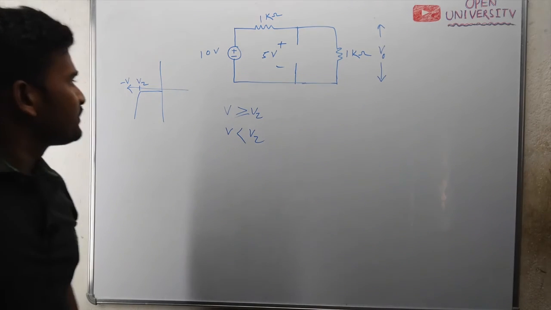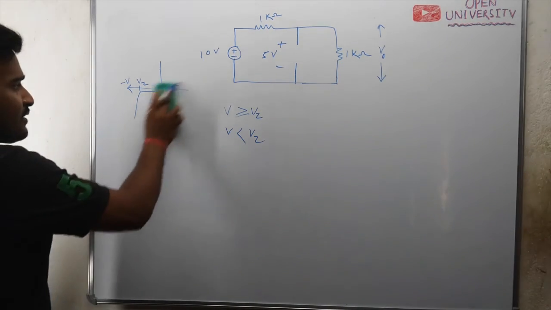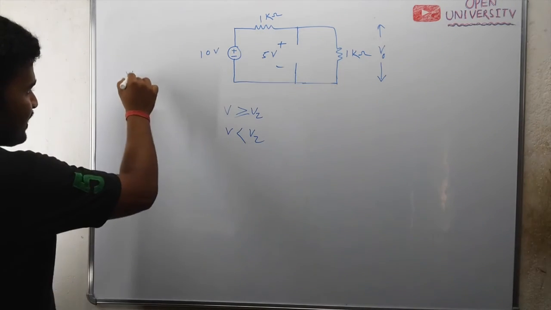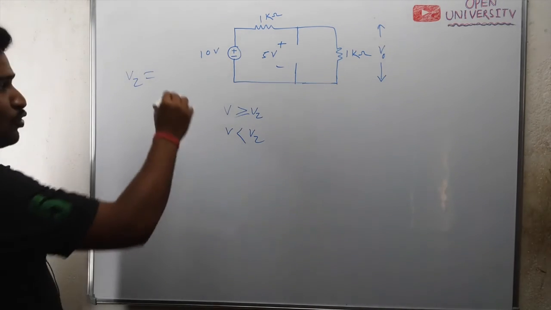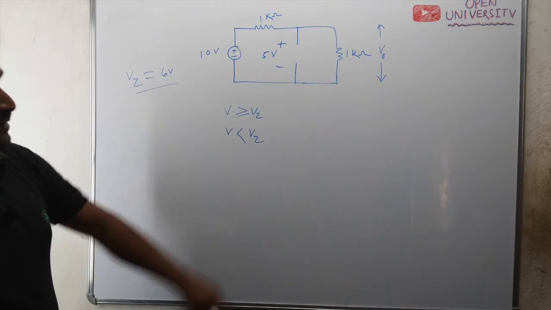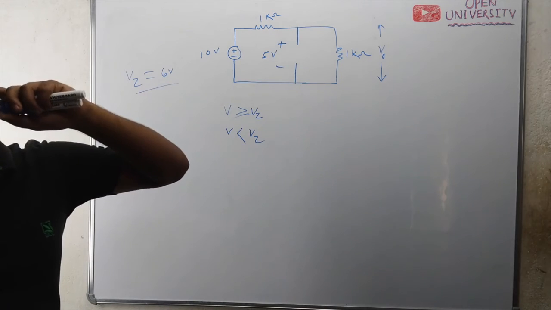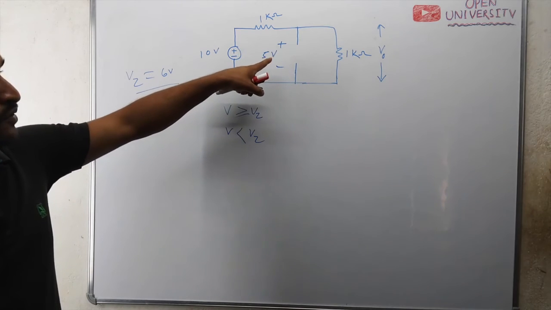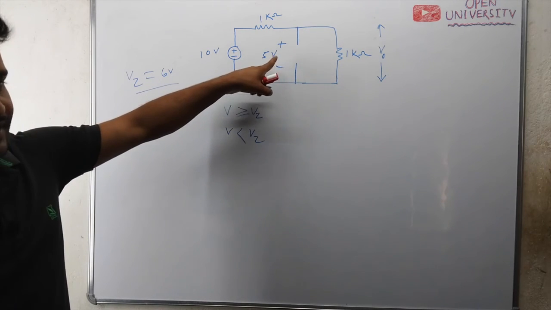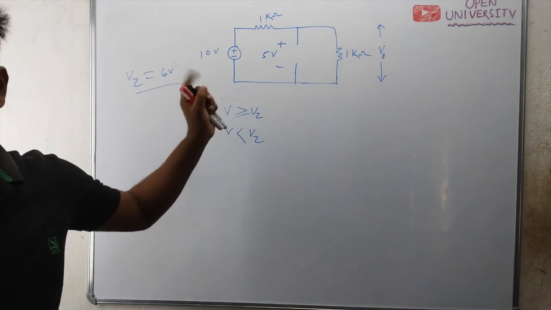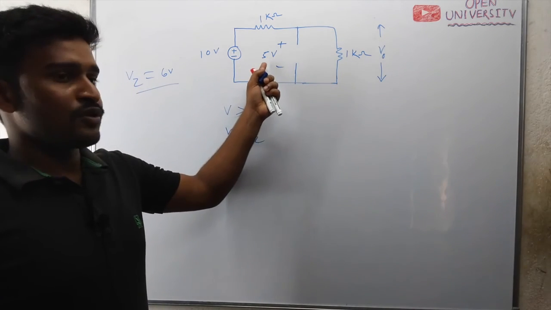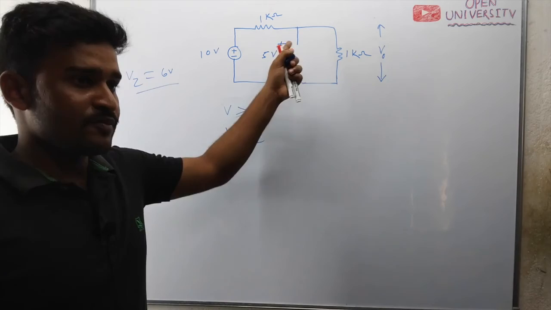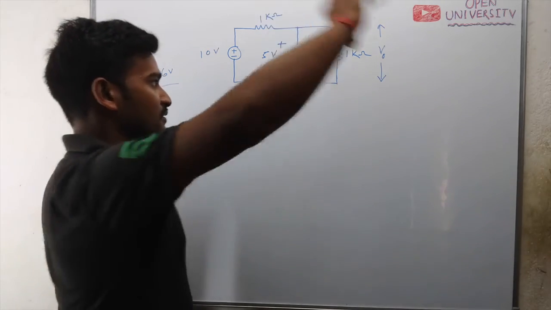Now we see the voltage across the Zener diode is obtained to be 5 volt. But the breakdown voltage of the Zener diode is given to be 6 volt. How much voltage is obtained here? 5 volt. So this reverse voltage is less than the breakdown voltage of the Zener diode, that is 6 volt. Since it is less than 6 volt, your Zener diode is in reverse bias. It is not in breakdown. It will be in reverse bias but in cutoff region.